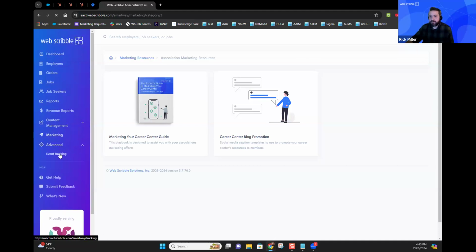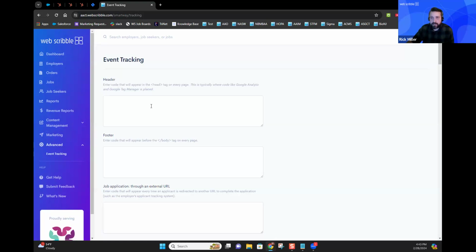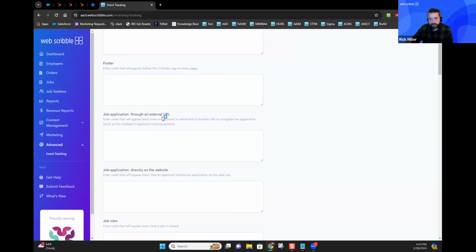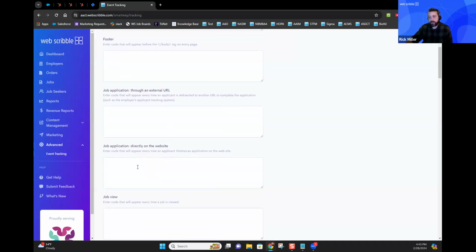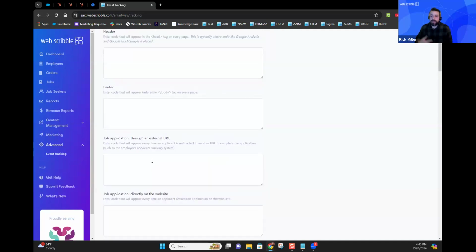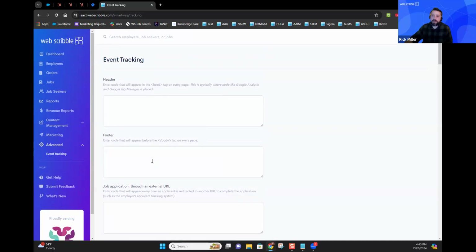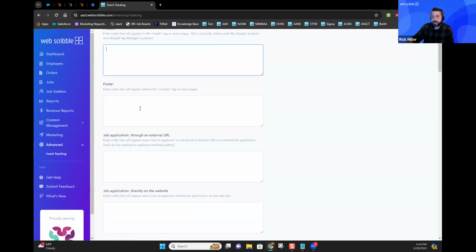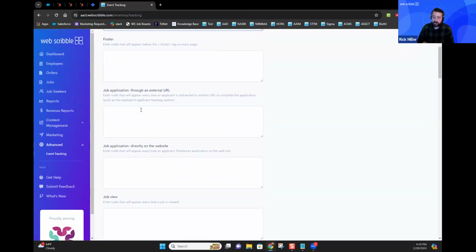Under the advanced section, we do offer a section for Google Analytics event tracking. You can generate your code for GA and your dashboard. If your marketing team would like to capture certain events based on what your users are doing in and around your job board, we can add that code for you. Just provide me with the code, and I can add it for you, but we definitely urge you to do it too. We offer you this section to add your tags and your codes. It's a very simple thing. Once you have your code in there, you save it. You should start seeing the events being captured to your Google Analytics dashboards almost immediately.